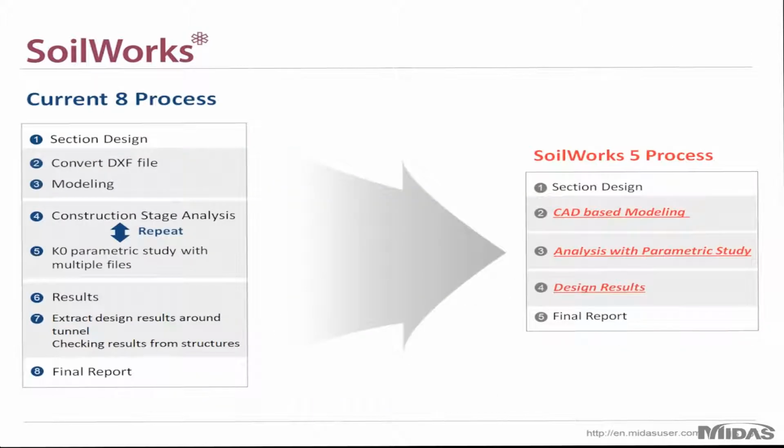Okay. So I'll just go into a few in-depth design features now. Currently, for example, with tunneling, there's an 8-step process that exists because of construction stage analysis. The engineers often have an iterative process here in steps 4 and 5. But with SoilWorks, we're able to itemize or streamline the work so that multiple cases can be analyzed in a single file, thus greatly reducing the time it takes to perform parametric studies. Also, the auto report generation feature allows you to immediately generate your report through the software. So instead of having to extract the results and format them, the software just does that for you within a matter of minutes.